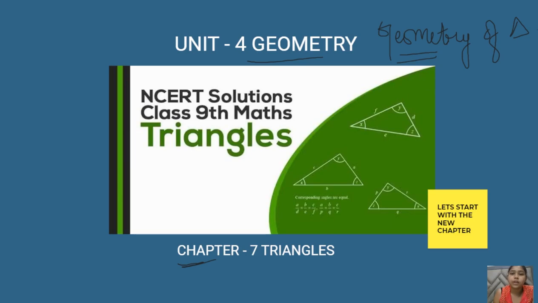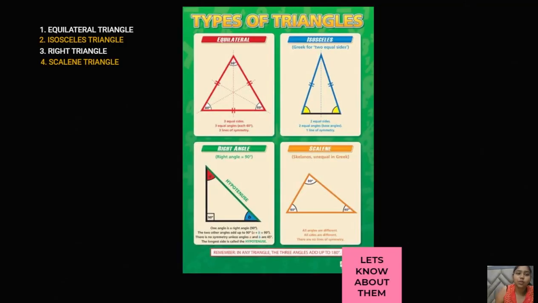Okay, so let's just begin with our basics. What are triangles and what are the different types of triangle? Triangles can be of different types based on different concepts. So in this concept we'll study about the 4 types of triangles, and these are the equilateral triangle, isosceles triangle, right triangle and scalene triangle. I'm sure you would have known something about these types of triangles in your earlier classes or in your primary classes, but for the starting of the concept, let's just begin with them too.